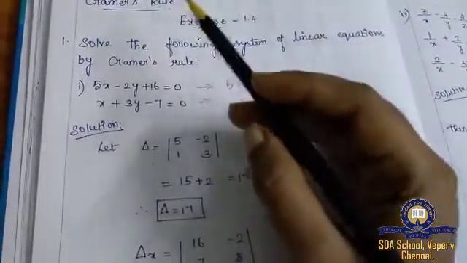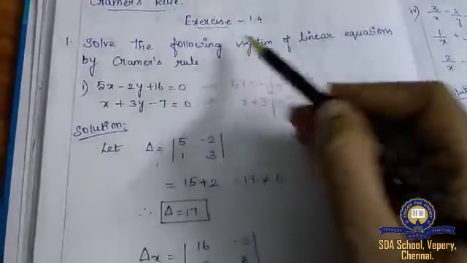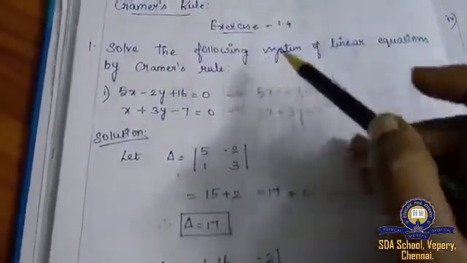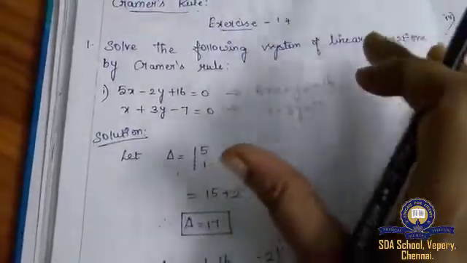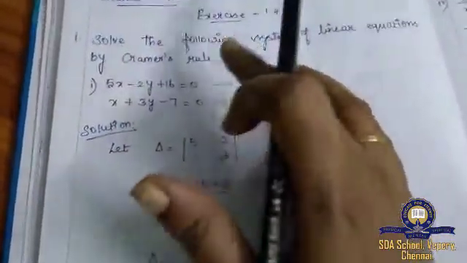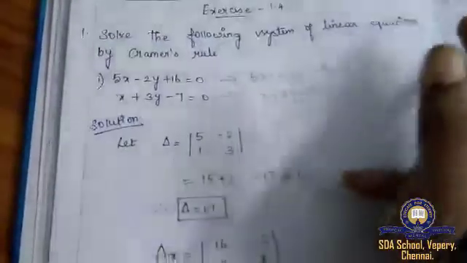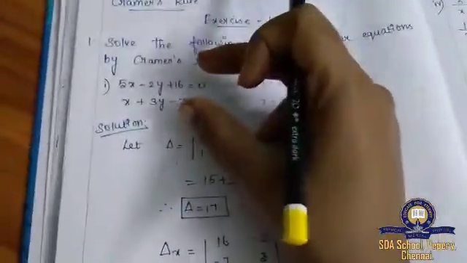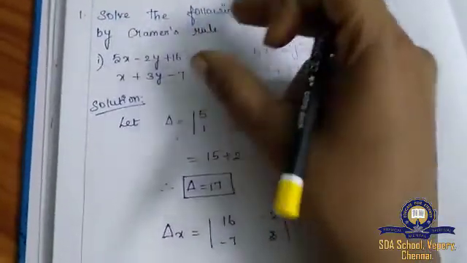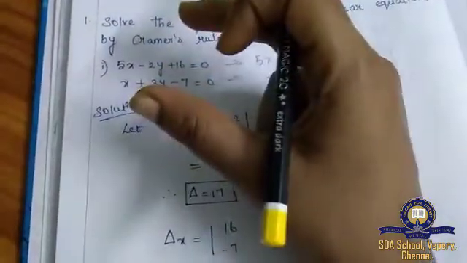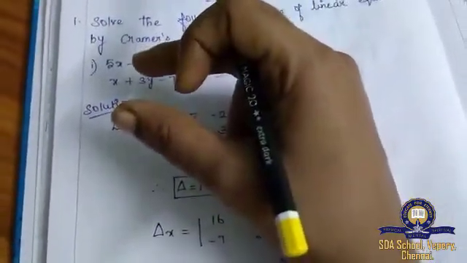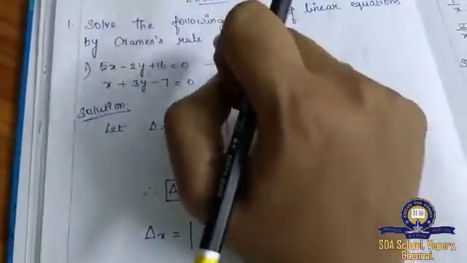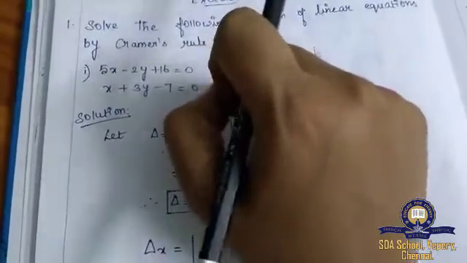In the last session what we saw was the system of linear equations by the matrix inversion method, right? If the question is asked without any specific rule or method, you can use whichever way you are comfortable with. If only the equations are given, you can use either Cramer's rule or your matrix inversion method. But if a method is specifically given, you have to use that one only.